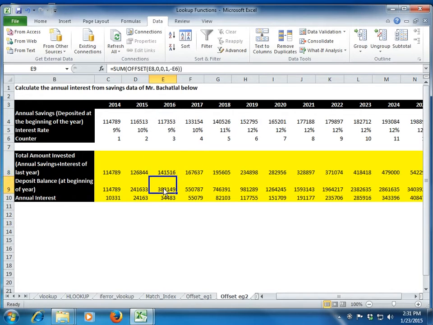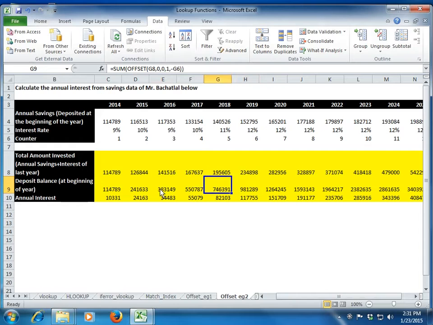Okay. What will be my total balance, my total outstanding balance in my account? The amount I have saved last year, and the amount I have saved in the first year, the amount I have saved in the second year, and the amount I am saving in the current year. That is the sum of all three. So this is what I am getting: 383149, right, and so on and so forth.